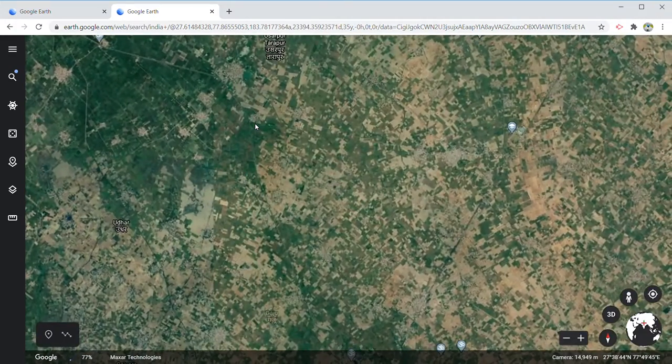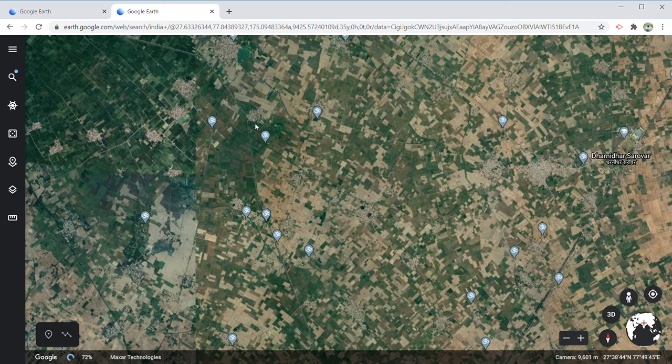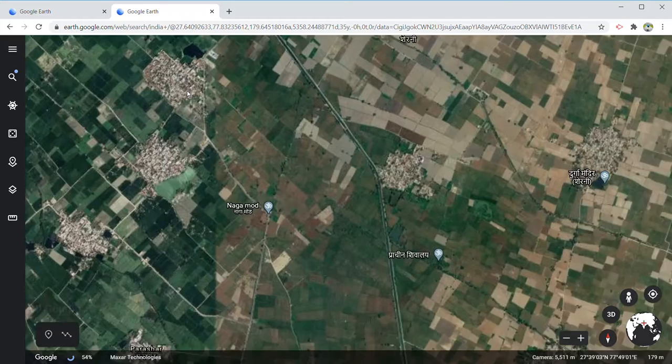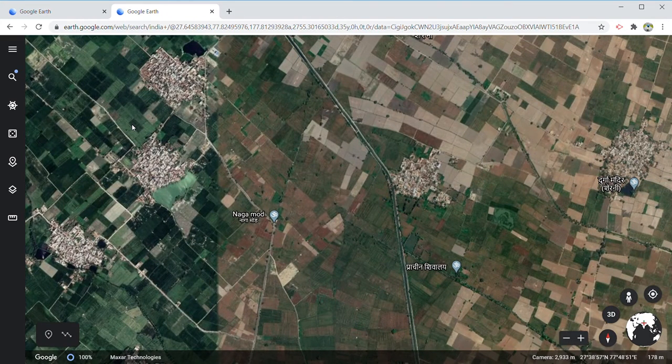So if you see now, here you can see this all green patch and the fields, the brown fields also, this is called net sown area. Net sown means the area which is under agriculture. In between you can see that there are some villages also. So there is a village and nearby other fields. So if you have to define what a net sown area is, it is an area which is agriculturally important.